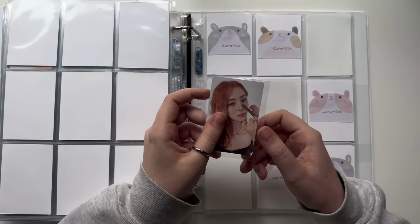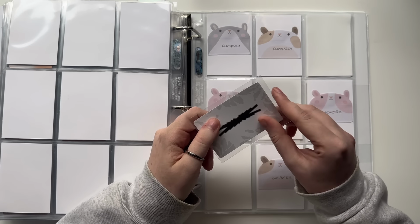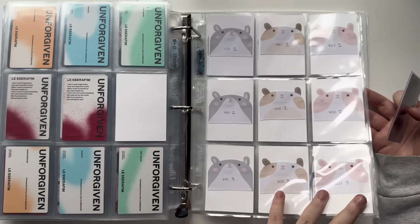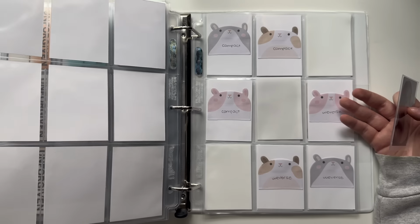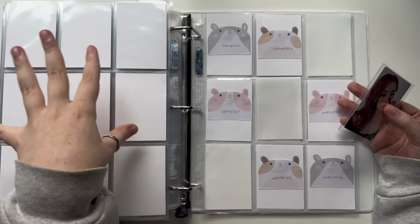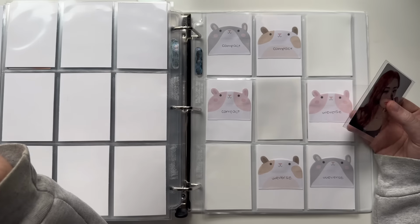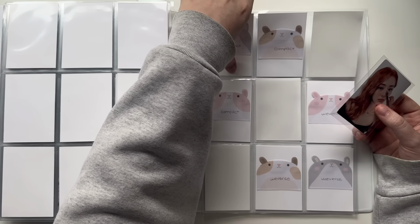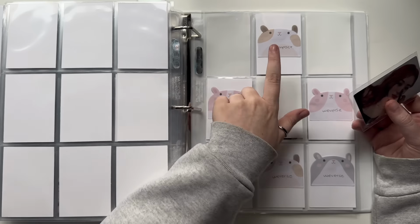The only card I do have for Easy right now is this Yunjin compact card. I have a set of the standard versions coming to me from my K-addy. Hopefully I'll pull my top three. We'll see. If not, I can do some trading, but I just want to also get my hands on a